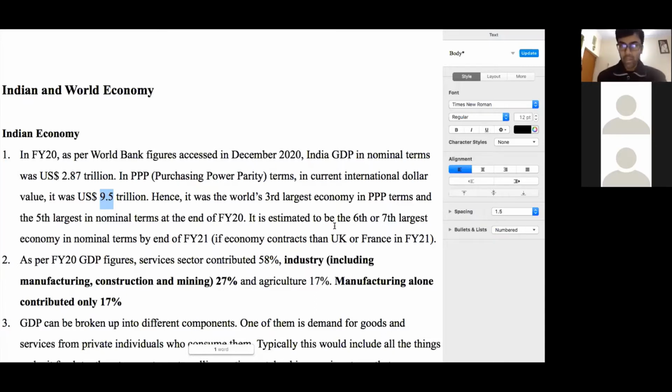Suppose both the countries had the same currency and there were no exchange rates, the exchange rate was just one, and both had the same kind of cost of living, then India's GDP would have been 9.5 trillion. And of course, US GDP, as we are going to learn later on, is 21.4 trillion. So that's the actual comparison. You can say that India in total, considering cost of living comparisons as well, produces 9.5 trillion worth of GDP, whereas the US produces 21.4 trillion worth of GDP.